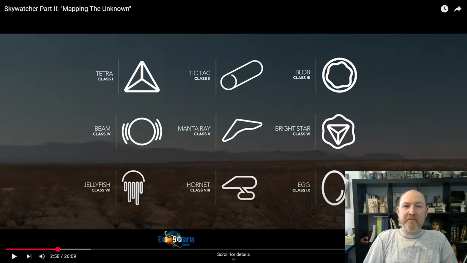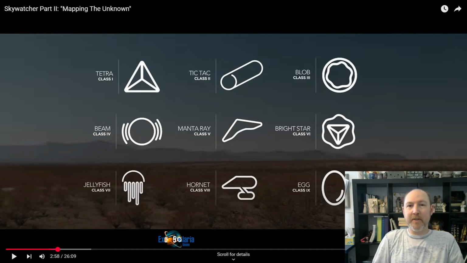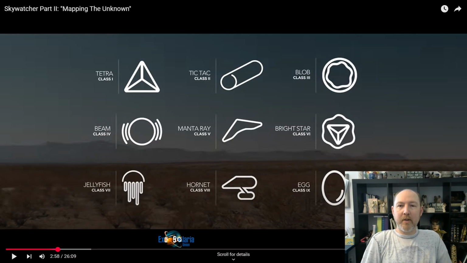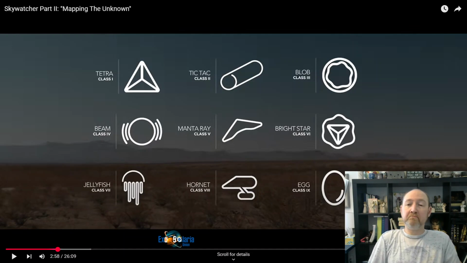All right. So these are the 9 classes they've come up with based on the flight characteristics, like they said. Class 1 is the tetra, basically a triangle. Class 2 is the tic-tac, or like a cylinder shape. Class 3 is a blob. Interesting, like maybe like a plasma type UFO.